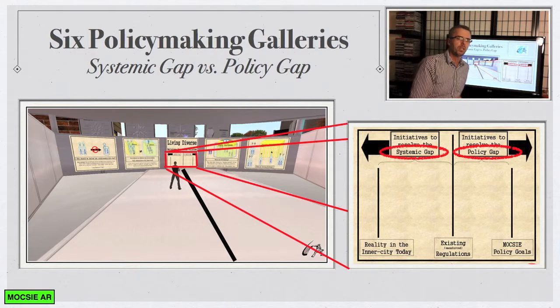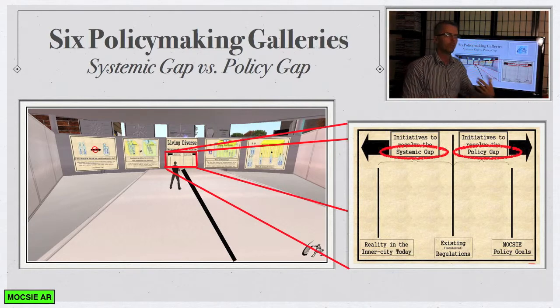Now, these 6 policy campaigns, we're talking about policy change, progressive policy change, so that it is a policy that better serves marginalized and oppressed populations who can't get their message through by winning an election because, let's face it, they're minorities. And so they will never win a policy change at a ballot box. So how do you change the discourse, and how do you put together a new governing narrative for these individuals? Well, first you have to determine whether you're talking about a systemic gap or a policy gap.